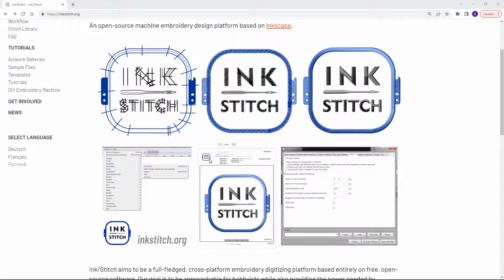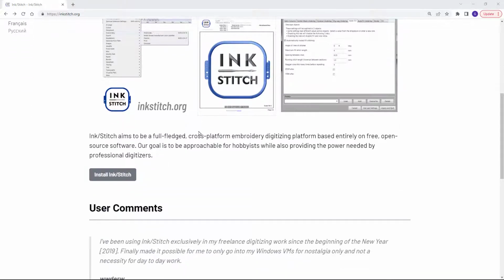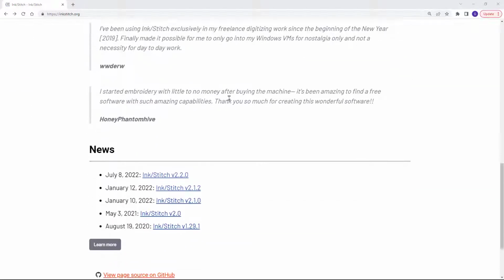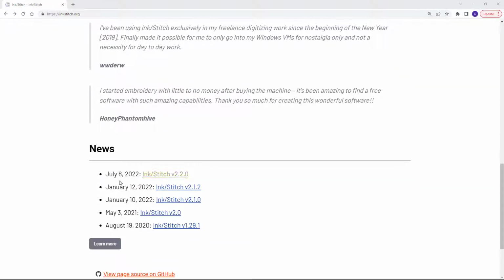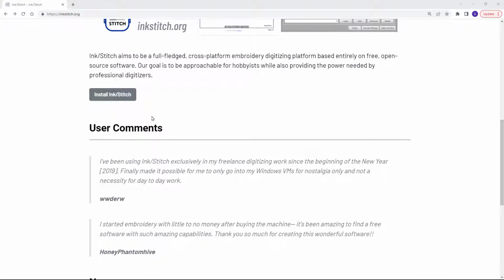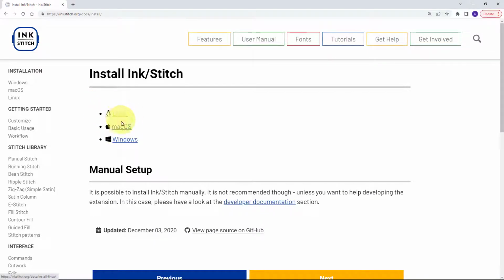Okay, here is a video on making you aware that the new version of Inkstitch has been released. If you go to their homepage, you can see that on July 8th, 2022, Inkstitch version 2.2.0 is being released. To download it, you go to Install Inkstitch, and then select